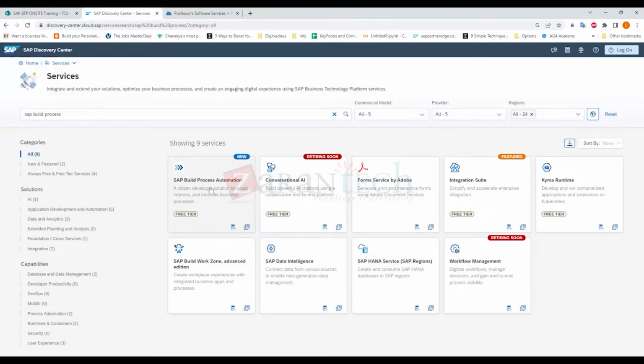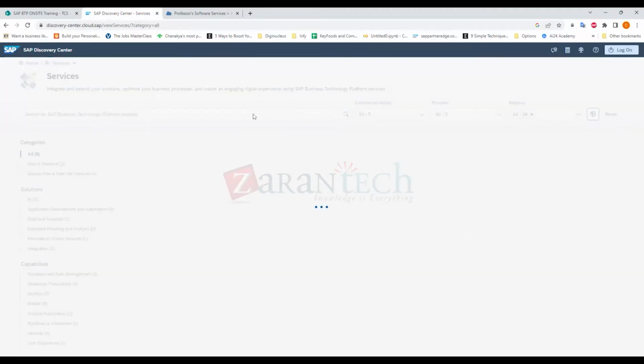This service is okay. The SAP BPA is a replacement of the SAP IRP service. Okay, so we do have a free tier available for SAP BPA. And when I go to HANA Cloud,